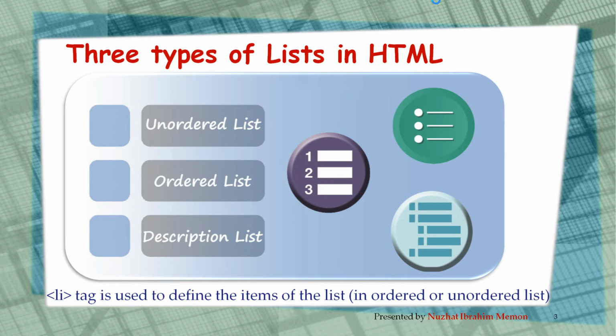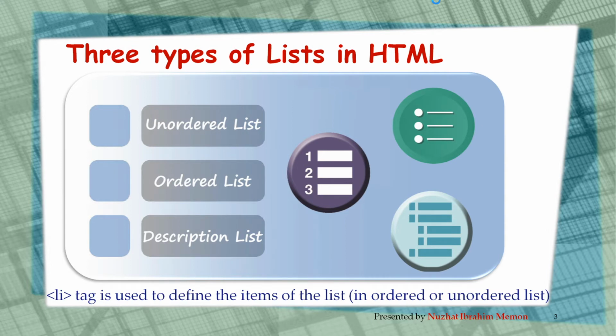Next one is ordered list. In ordered list, the related elements are organized in a specific order. Using ordered list, you can make a list of week, day, or month names in a specific order. And last one is description list that is used to display elements in the format of a definition term and the definition that describes the term. Best example of description list is a dictionary. In a dictionary you can find that a different definition term is there and that describes that term. That you can do using description list. Here an individual list item in ordered list or unordered list is specified using the li tag, that is list item.